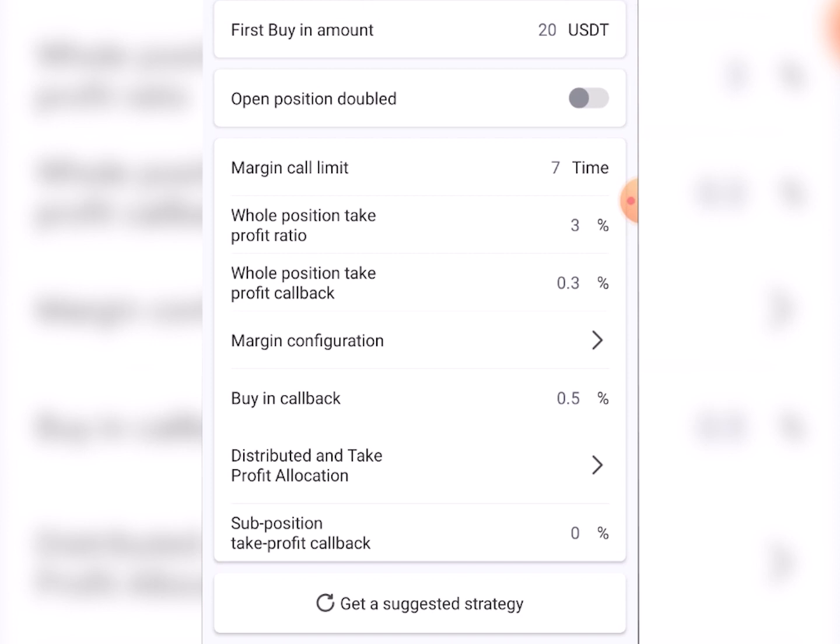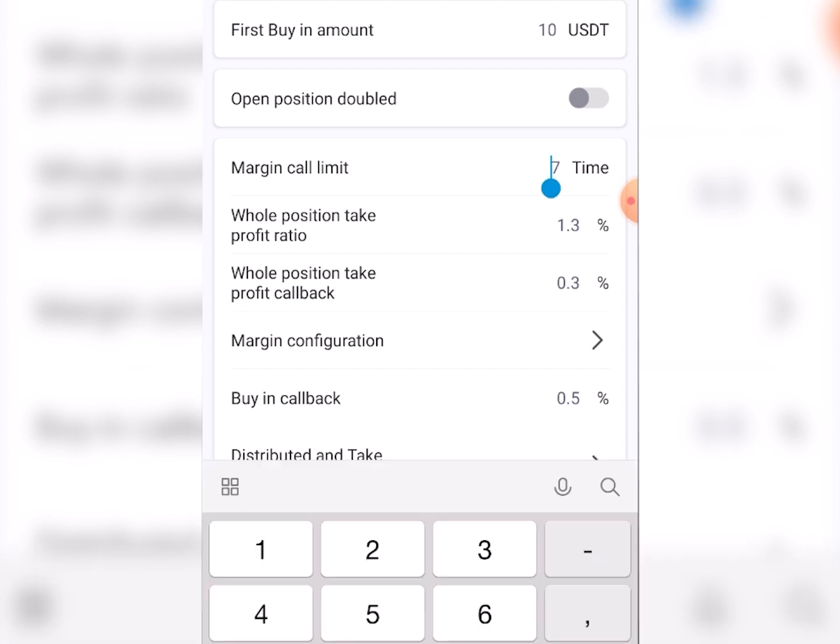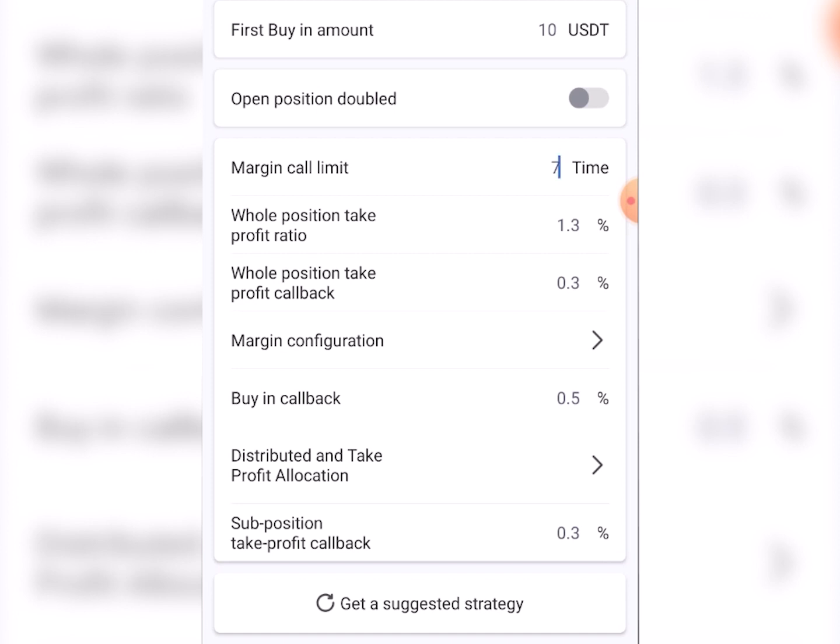You can get this strategy from here, which strategy to buy with, and then you can set the number of margin calls you want to make. Let me set 15. These are the default settings that they give as part of the app. So for margin calls, you make 7 calls as part of your trade. Each call would be around $10, so $70 for the trade. Whole position take profit would be 1.3%. If it goes 1.3% up, then it would make a call to sell, the whole position take profit call. And if it falls down by 0.3%,